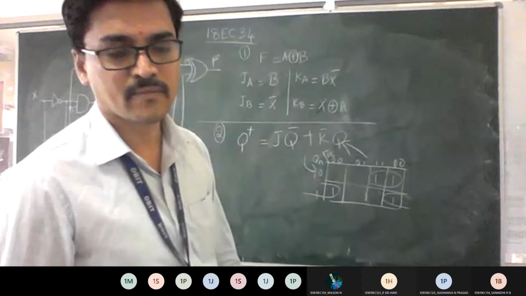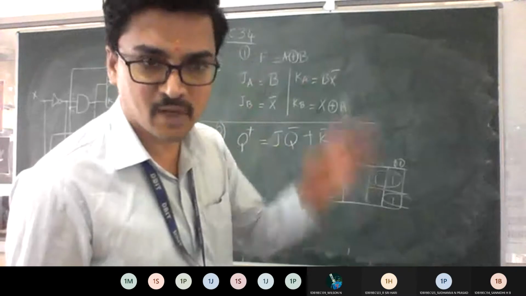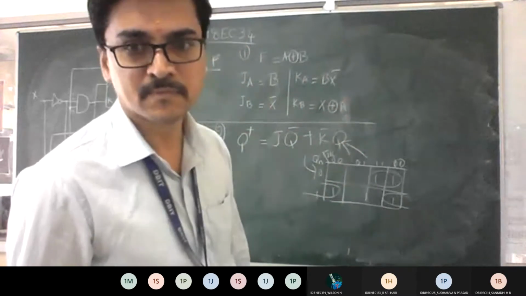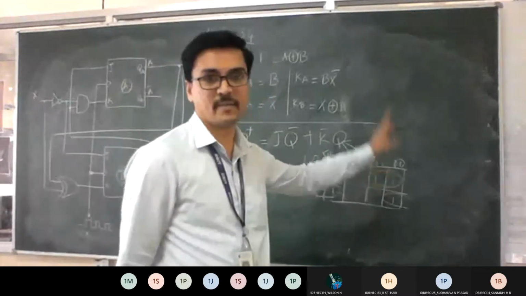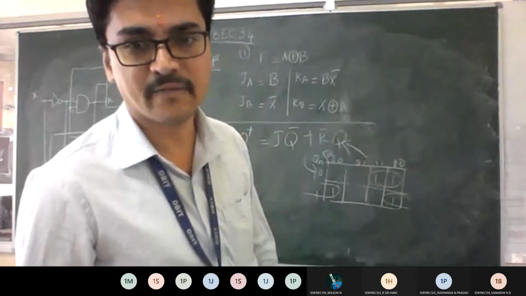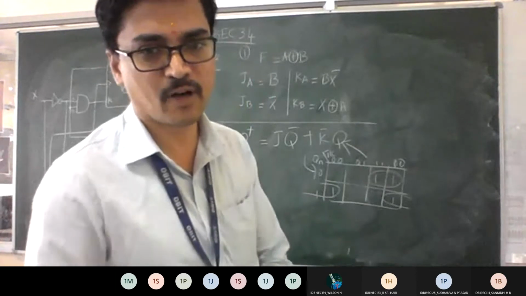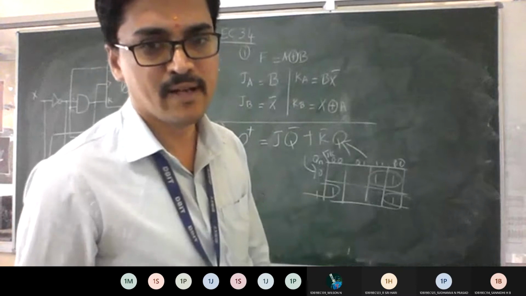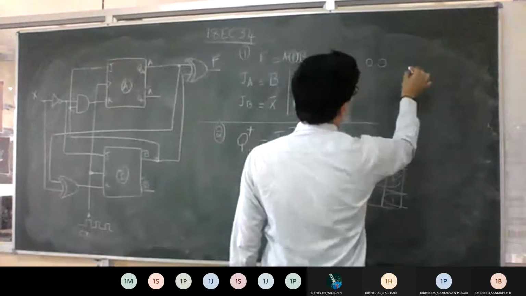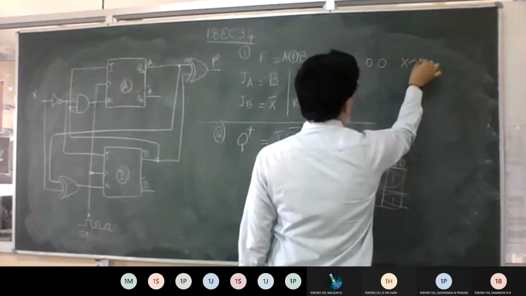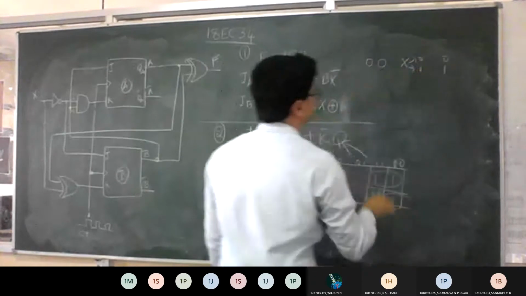Someone has some doubt here? Sir, can you repeat the K-map, sir? See, the K-map you are going to plot depending upon your table. We wrote the excitation table earlier. You go back to your earlier problem, from the normal truth table to your excitation truth table. I think you had combination 0, 0. In that I wrote some X. So this X means I can take 0 or 1. So for 0 or 1 we wrote no change.